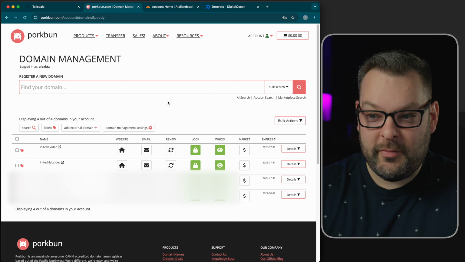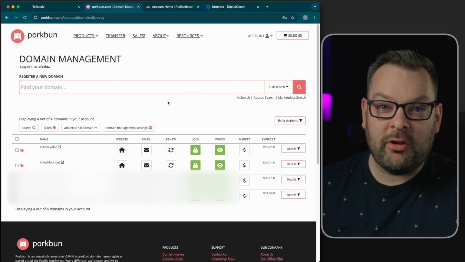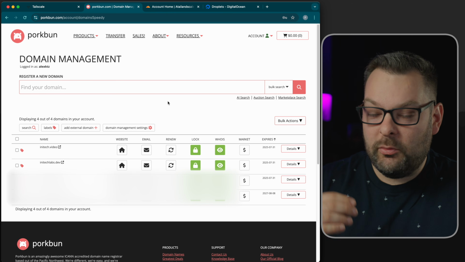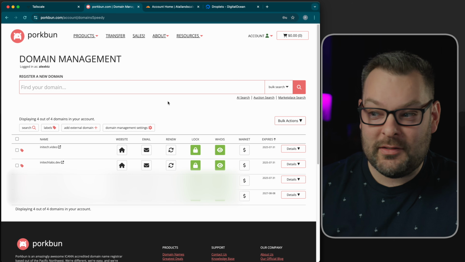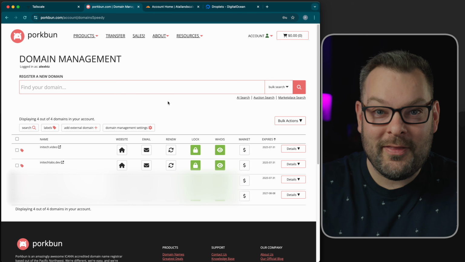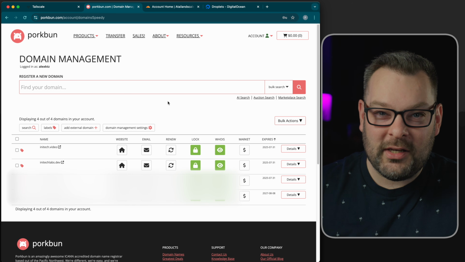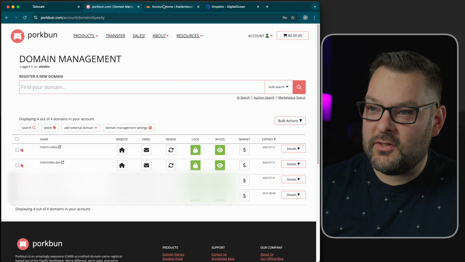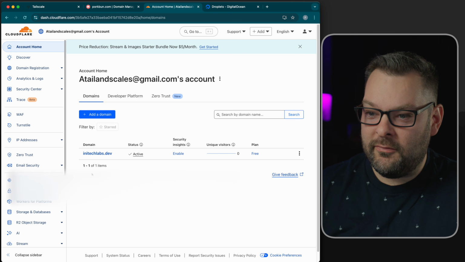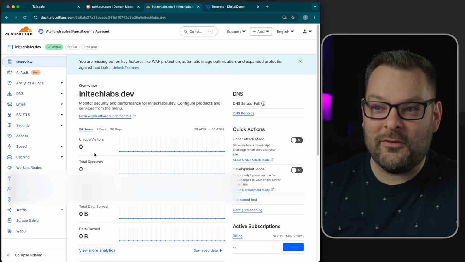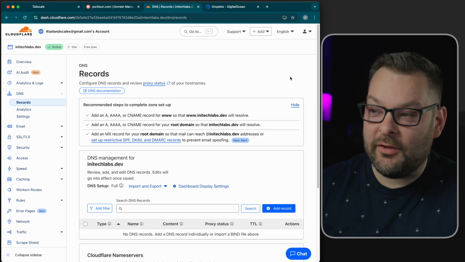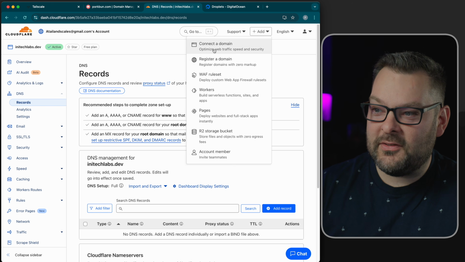Once you've purchased your domain, you can see I've got a few registered here under my Porkbun account. You're going to want to configure the name servers for that domain to point to somewhere that you can control. In my case, I use Cloudflare. So we're going to use the domain name of initechlabs.dev. When adding a new domain to Cloudflare, you click the add button up here, connect a domain, and it will walk you through the process